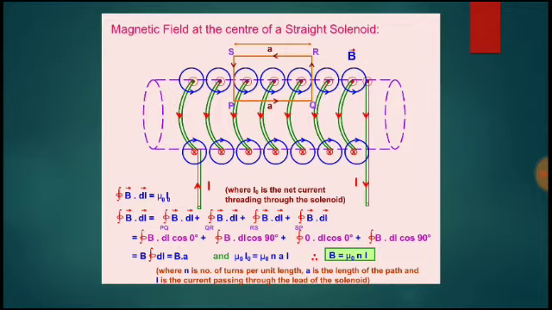1, and cos 90 is 0. Here 0 into cos 0 is 1, so 0 times 1 will be 0, and here also cos 90 will be 0. So what is remaining? This first term alone remains, which means the magnetic field is only present inside the coil. If you take this equation B into dl into 1, B dl is remaining.